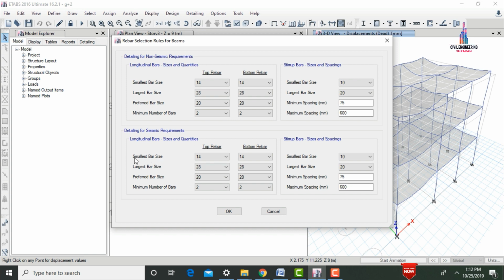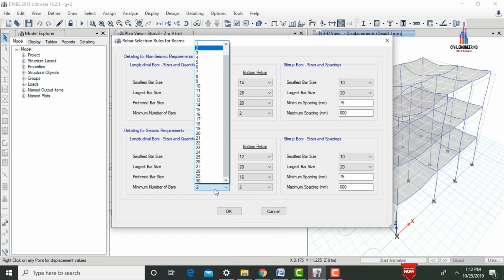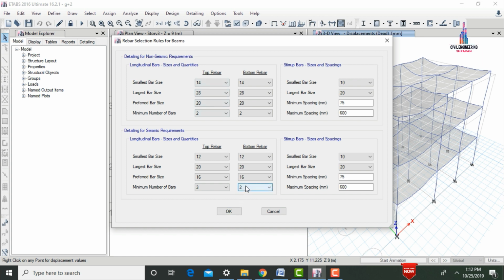Here we need to select the smallest bar size, largest bar size, preferred bar size, and minimum number of bars. Here I am considering the smallest bar size as 12 mm, and 12 mm for the bottom reinforcement also. I am selecting the largest bar size as 20 mm for the top reinforcement, and 20 mm for the bottom reinforcement. Now select the preferred bar size. Here I am assuming 16 mm bars, and again 16 mm bars for the bottom. Now we need to select the minimum number of bars required for the top reinforcement as well as